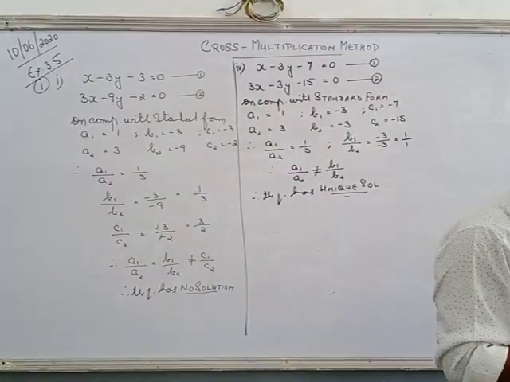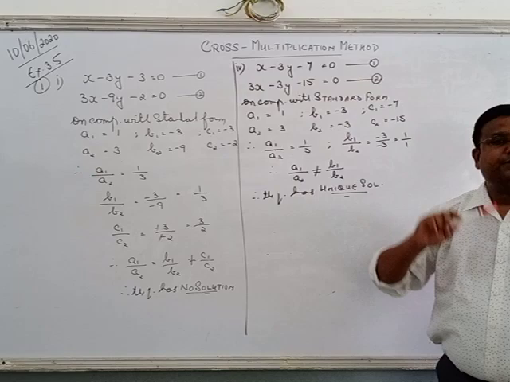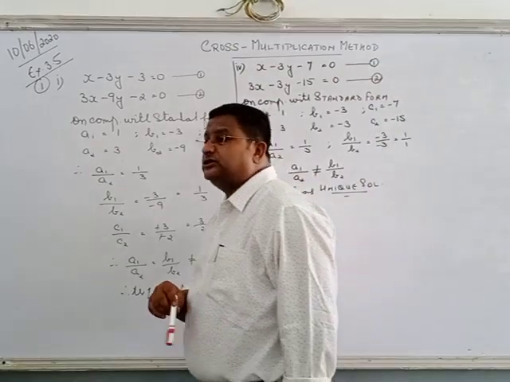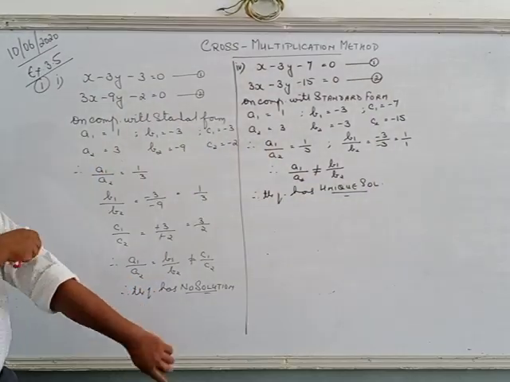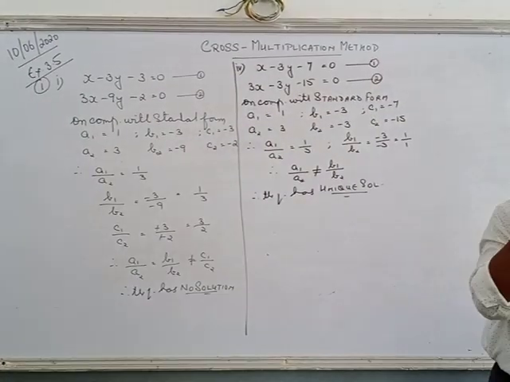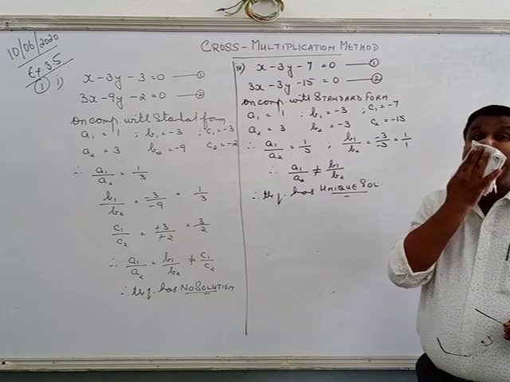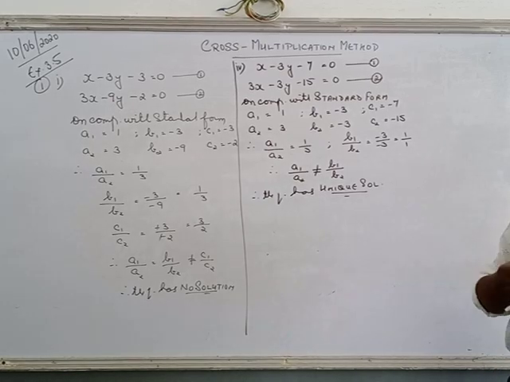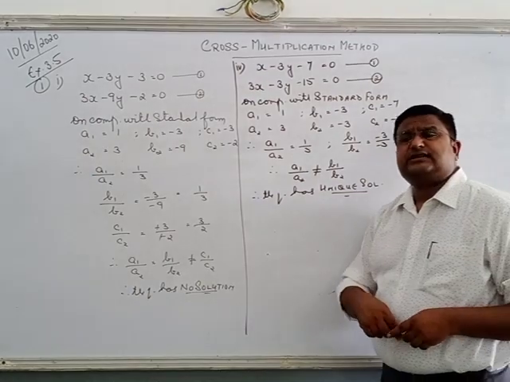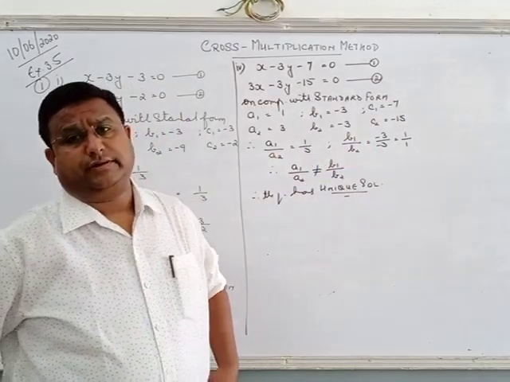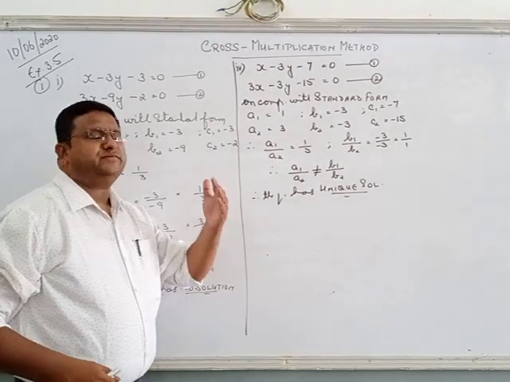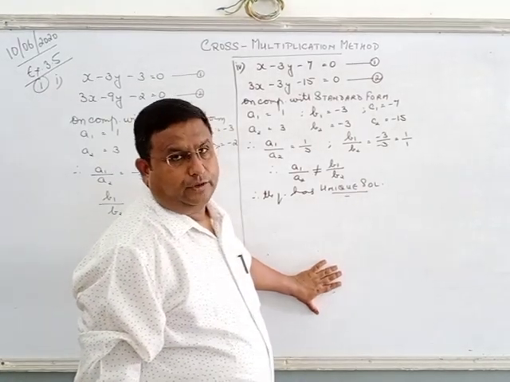Now we can solve it either by elimination method, substitution method, or by the method that we are going to discuss today, that is the cross multiplication method. Now, this method is slightly different from the rest of the methods, but yes, it is the easiest method for solving any kind of linear equation. When we come to the next exercises, we will find there are several types of questions. So all the questions can be solved by this method. Now there are 2-3 steps that we need to follow while solving using this method.